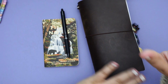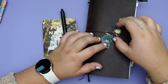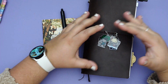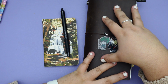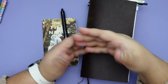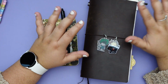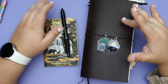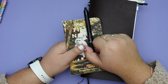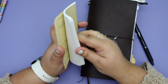Okay. So I have the media companion in here, and that's for art journaling spreads, kind of like a yearly overview of what I ended up consuming. And then in my weeks, I keep a log of all the things that I watched and read and listened to. This little Field Notes lives next to where I watch TV. And what this is, basically,